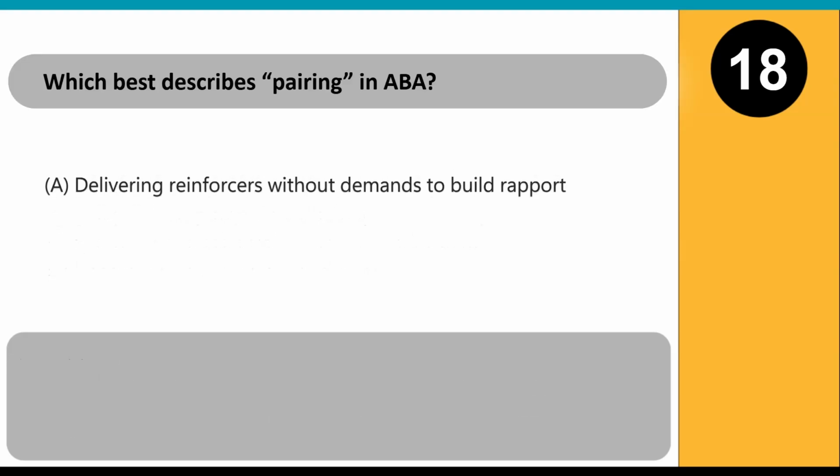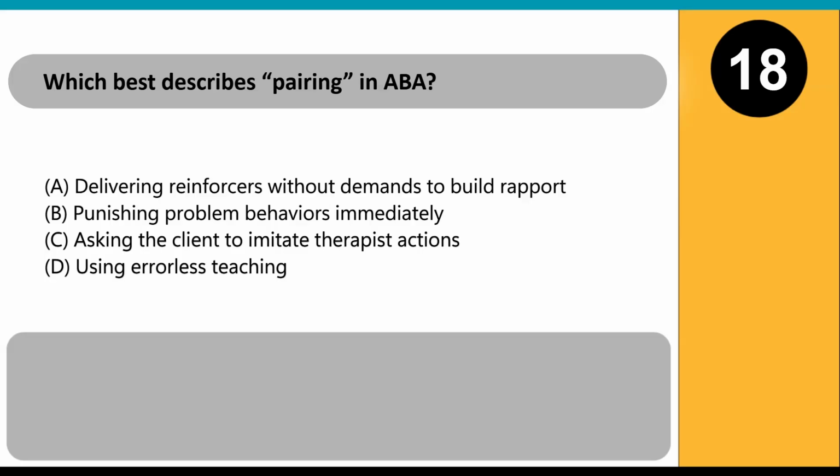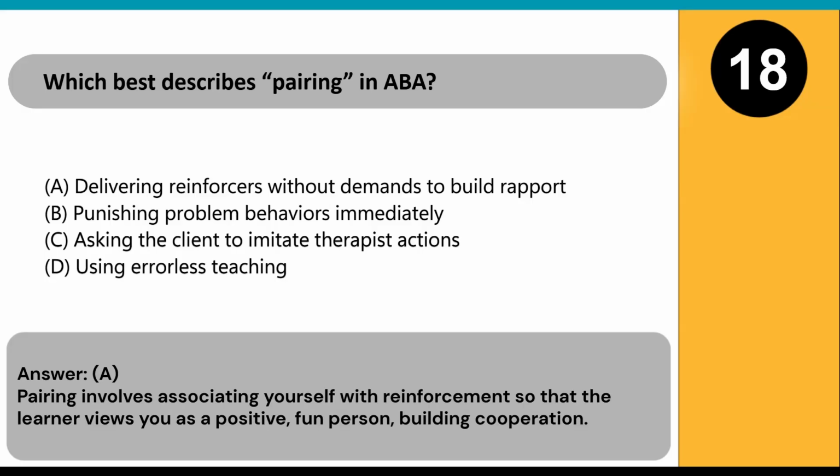Which best describes pairing in ABA? A. Delivering reinforcers without demands to build rapport. B. Punishing problem behaviors immediately. C. Asking the client to imitate therapist actions. D. Using errorless teaching. Answer A. Pairing involves associating yourself with reinforcement so that the learner views you as a positive, fun person, building